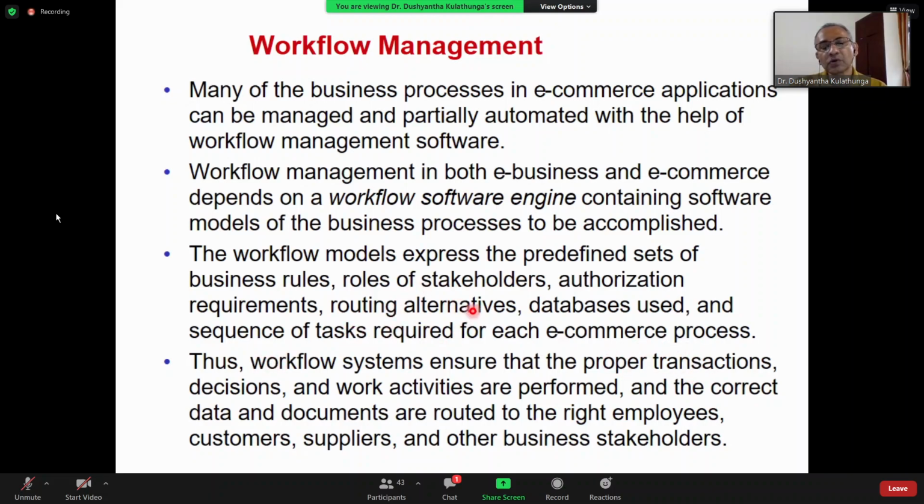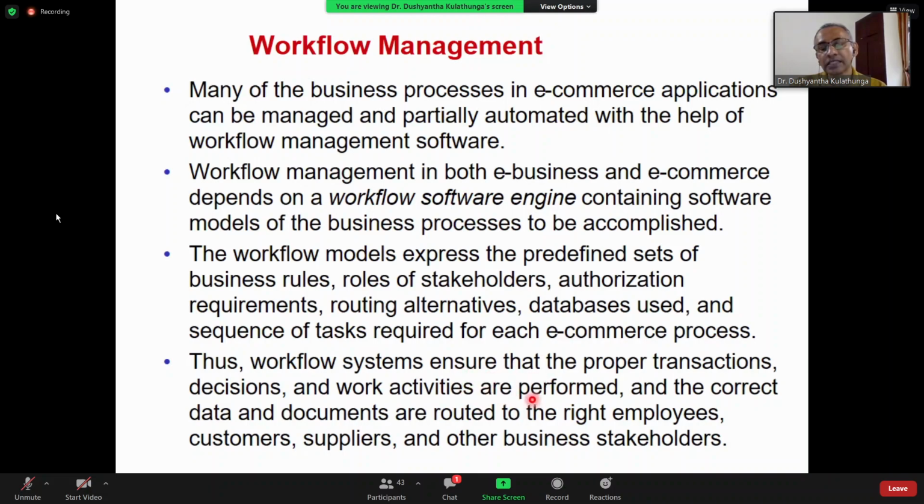These processes will also help us arrive at decisions in a timely manner, because when we process transactions, it generates information in a timely manner, and we can perform those activities